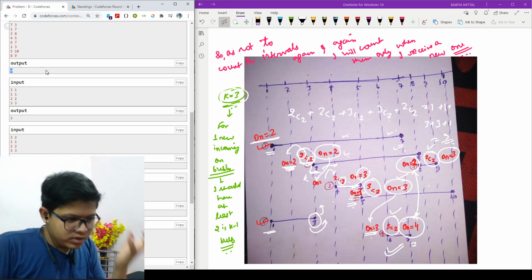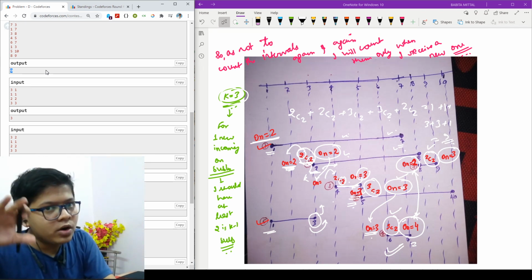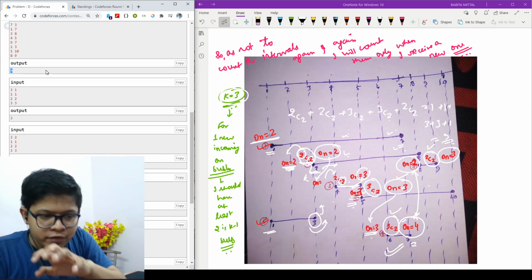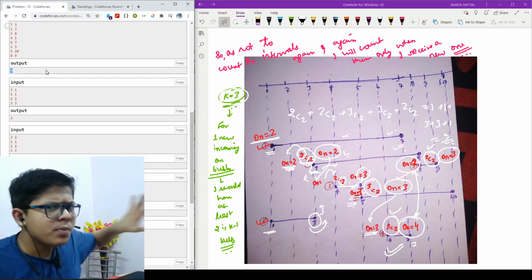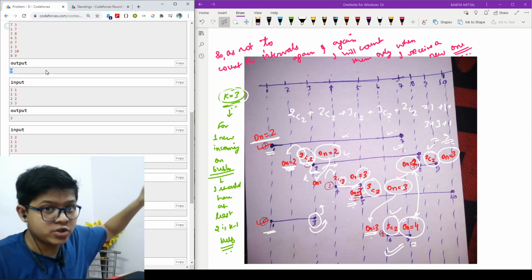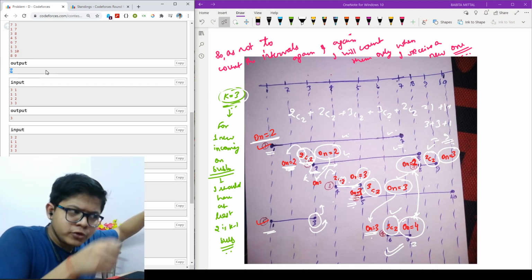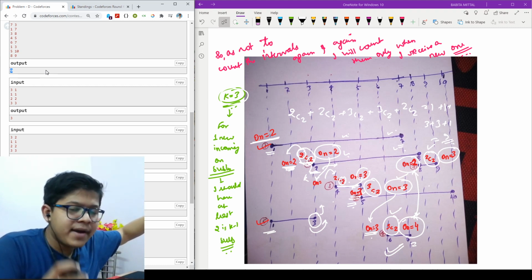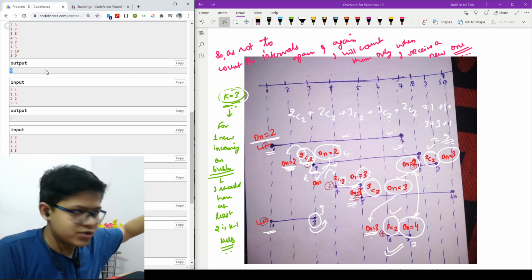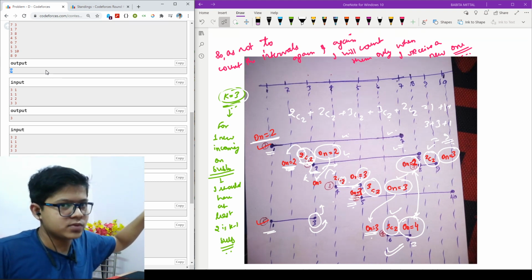Now as soon as you arrive at any on state, you will check how many previous on states I have, which is stored in a variable on. Now out of those on, I need to choose my k minus 1 on states, right? So it will be on C k minus 1.